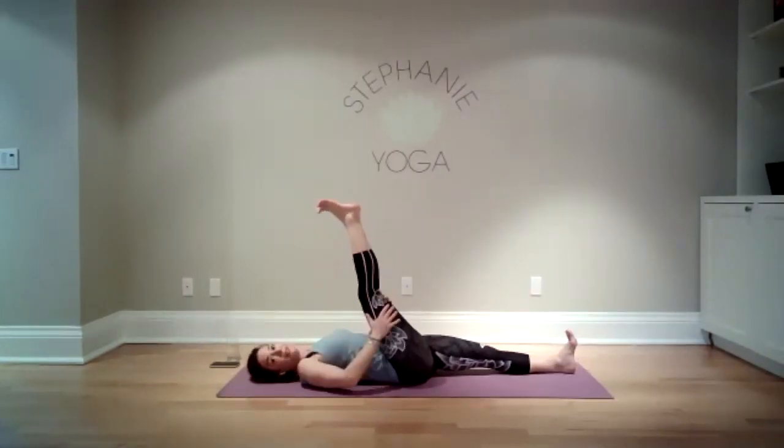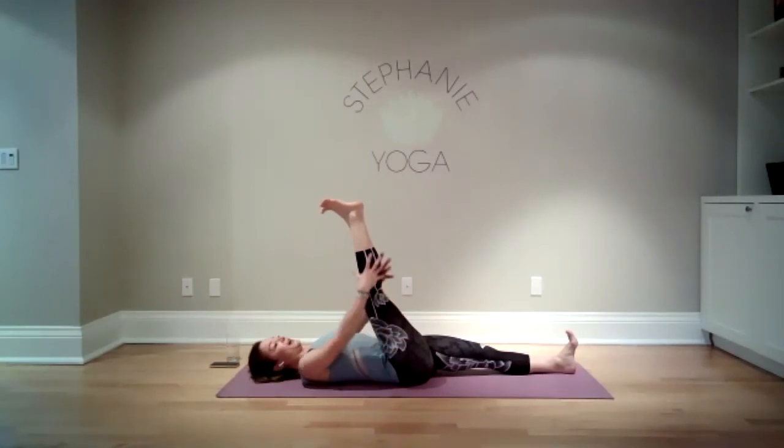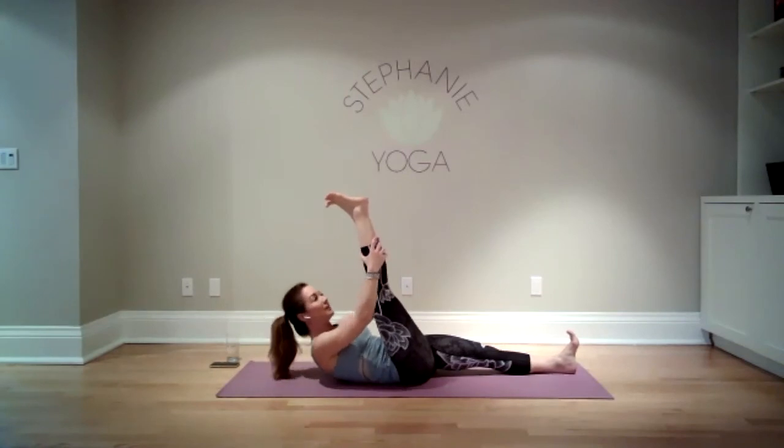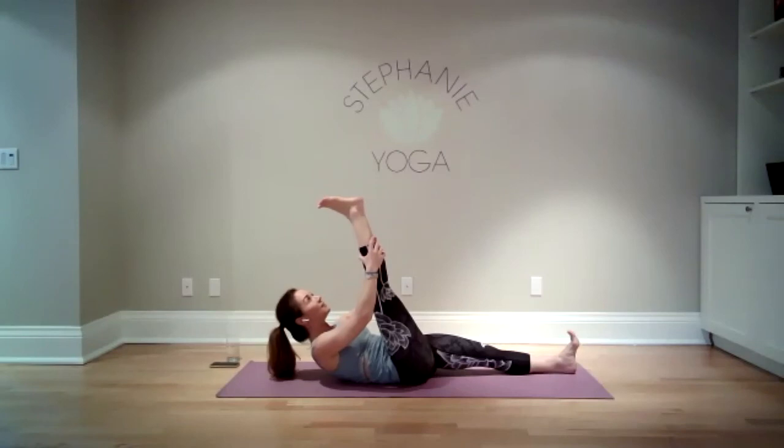If you want one more little burst of challenge, I want you to grab onto your leg wherever you can. You're gonna keep your chin away from your chest, so don't crunch it in. And we're just going to pull the abdominal muscles in and we'll lift up here and we'll hold here. I'm looking up at my toes for 10, 9, 8, 7, 6, 5, 4, 3, 2, and 1, and come